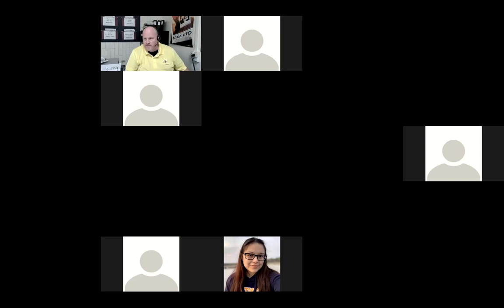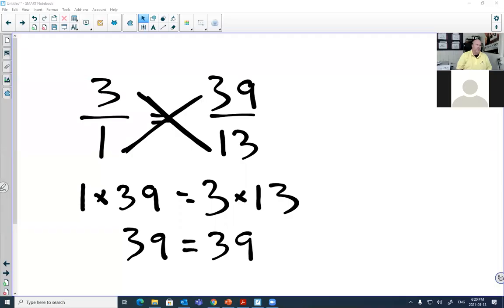Share screen. This one here. This is a great way to show equivalent fractions. Just cross multiply. Right? So when I tried to do that, and when I cross multiplied it, I had